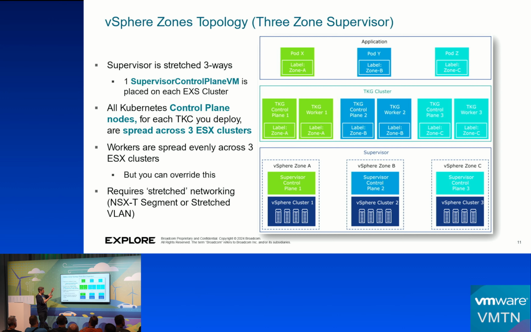That's why the vSphere zones exist. You have to tag things inside. So inside the cluster, you can see, oh, this is one availability zone, that's the other. And then you can match the application architecture to make use of this. It's very powerful, but it requires 3 distinct things.